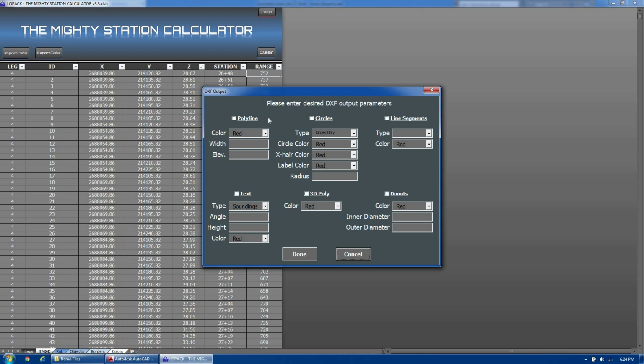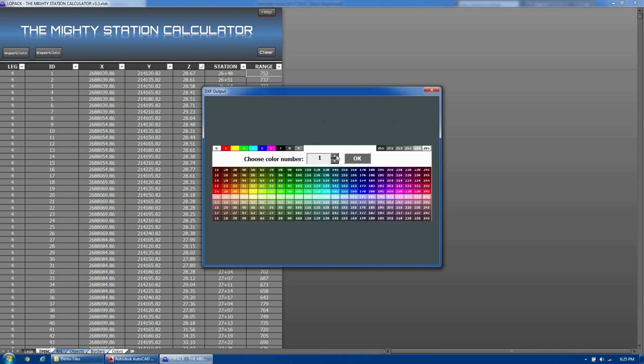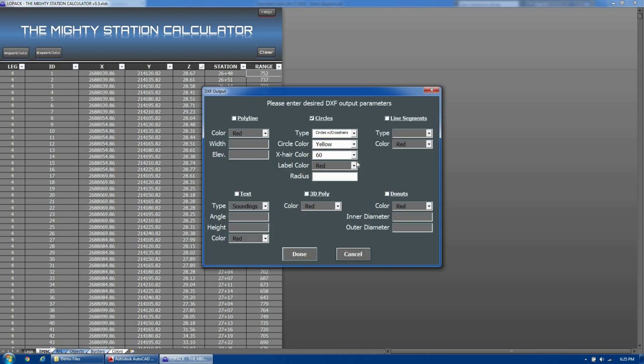or anything in between. For the first option is a polyline, and it'll make it one polyline based of all the data points. Next option is circles. Then you can do circles with crosshairs, circles with labels, blue circles with crosshairs, and you can select the color, and you can do custom colors, and it will show you all the colors possible with the DXF. You can cycle through. Hit OK. And select the radius